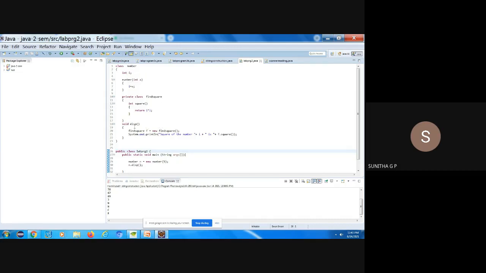In the display function, since I'm using it in private mode, its instance I can create, so that I have to create here. Whether you use it as private, public, or protected, you can create an instance in an external class. But if you have declared it as private, you cannot create its instance in the main program. Whereas if it is protected or public, you can create its instance in the main program. So that is what access control is. So I have taken it here as private.